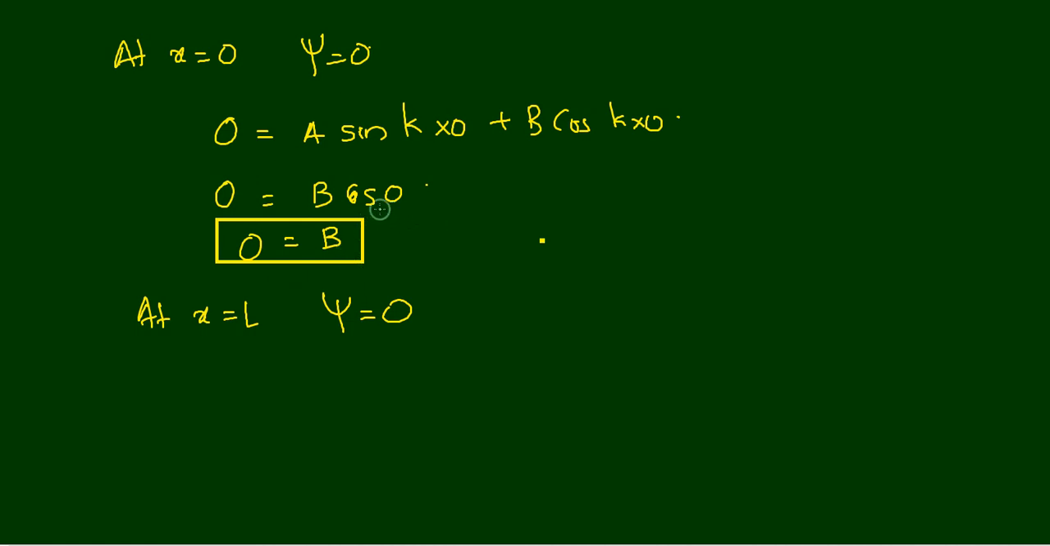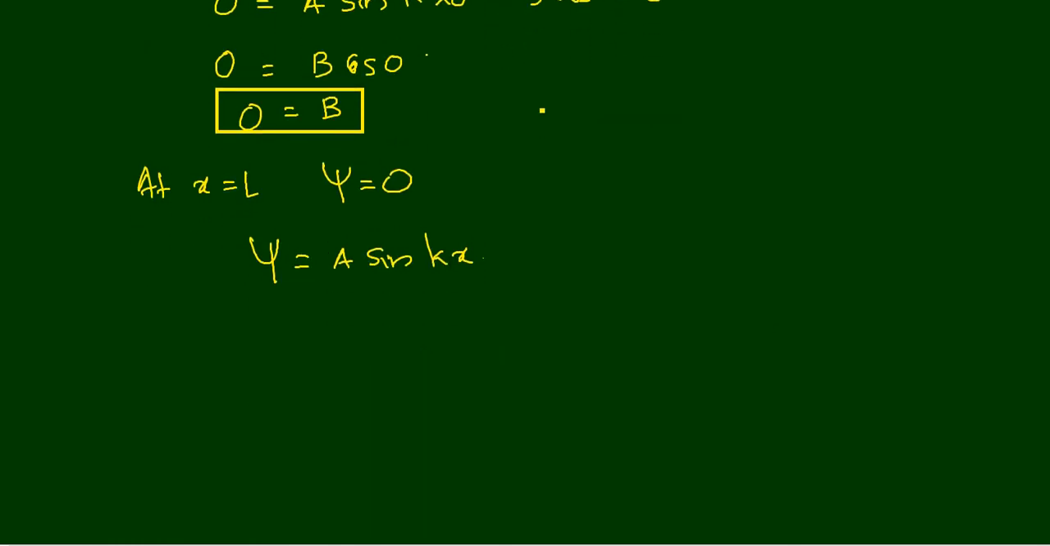What is our refined wave function? Psi is equal to a sine kx. That is the refined wave function, because the next part will be equal to 0, since b is 0. So the refined wave function is psi is equal to a sine kx. We are going to substitute the next boundary condition in this. So psi at the second boundary is equal to 0, which is equal to a sine k into L,